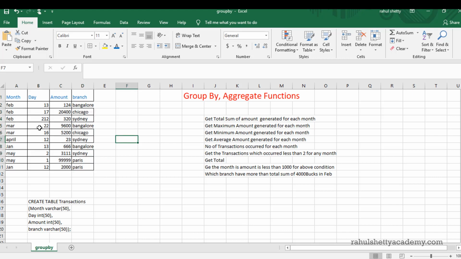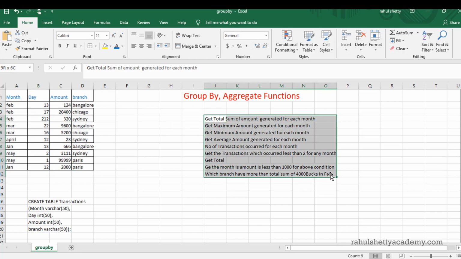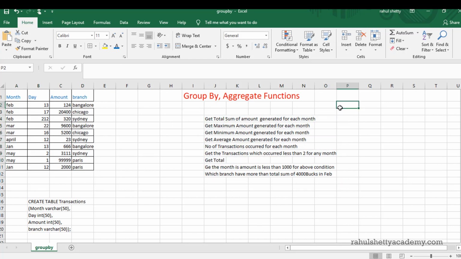Now based upon this table, let's retrieve the values and solve all these queries. First, get me the amount generated for each month. So how do you do that? There is February, March, April. In every month, on one specific day, a transaction happened in one specific branch. This is what this table says.